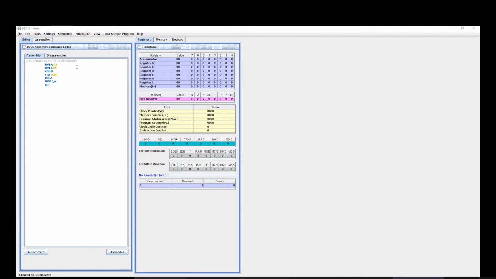What was your question now, Sharad? The memory address and the memory range, that can be the same only, right? That's your choice. Yes, yes. Click on assemble now, Advaita, please.